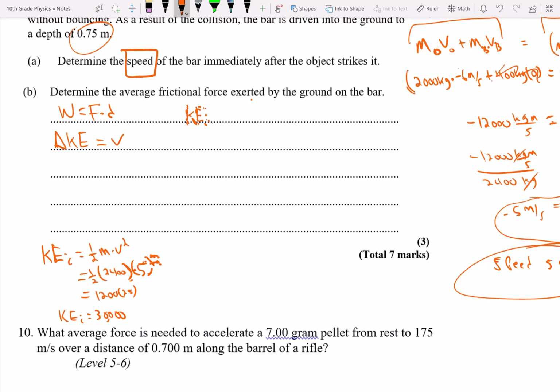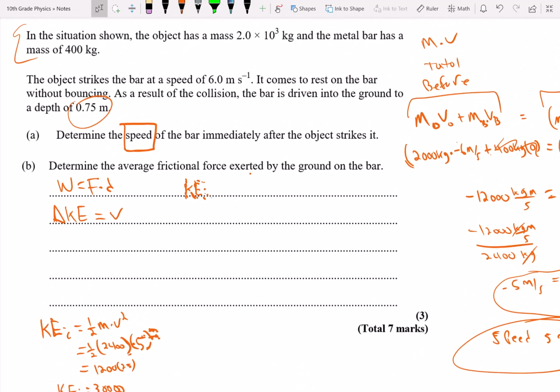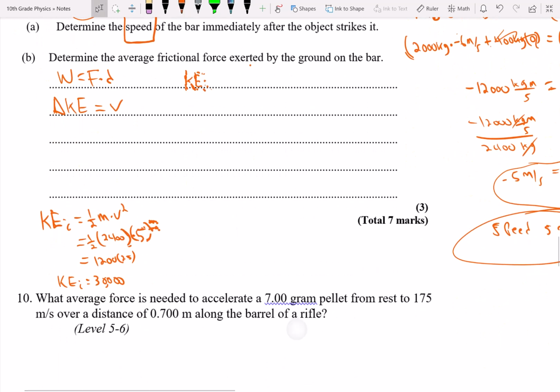Now this is kind of easy because what we know is that it comes to a rest, and then the bar is driven to the ground at a depth of 0.75. So the bar initially goes into the ground and stops, right? So the final kinetic energy,